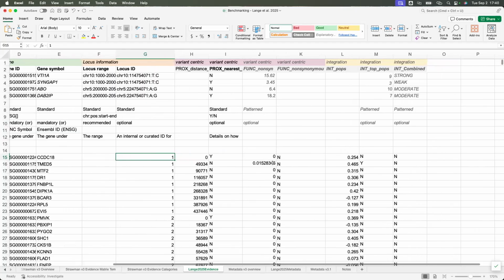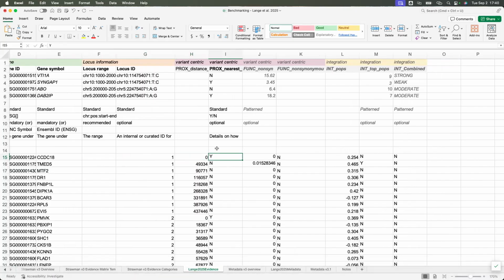We took a very simple approach in this, and it was just based on three things. Approximating, is it the nearest gene? Does it have the top POPS score in the region? And are there non-synonymous variants in the credible set affecting this gene? So I've included both the actual distance as well as a binary yes/no for is it the nearest gene. What's the actual POPS score? Is it the top POPS score in the locus?